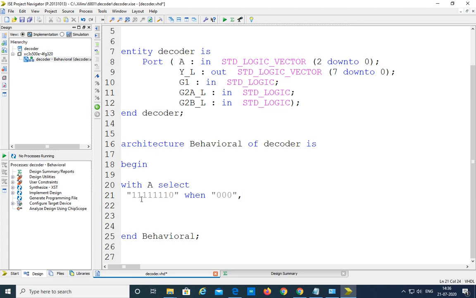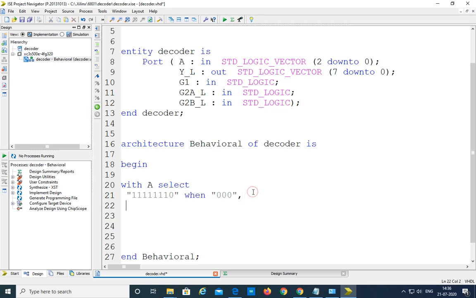But these things are stored in y only when, that is the output will be displayed at the output only when the enable pins are active. So that's why that thing we'll write first. Observe here with a select, when a is equal to 0 0 0, 7 1s 1 0. So next we'll write all the statements like this.